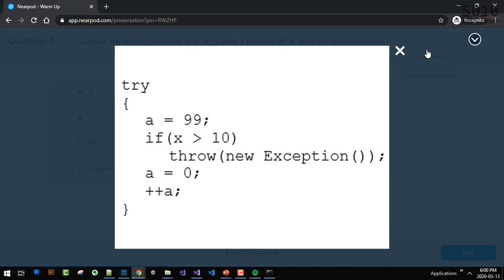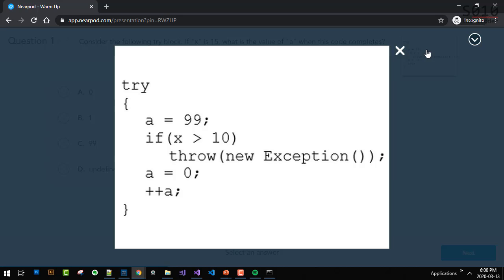No, we don't, okay? So when this exception throws, it goes out of the try and continues right here. So those two lines no longer run, okay? So a stays as 99. When you have an exception, the rest of the code inside the try does not run.